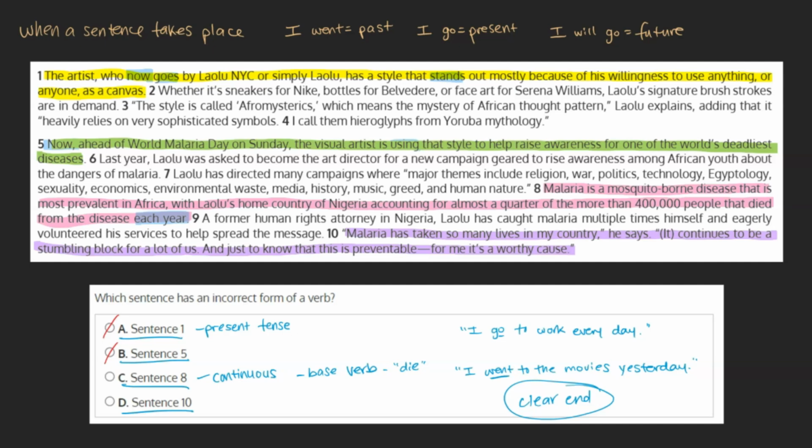We see two tenses being used in this sentence. Past, to describe the lives malaria has taken, and present, to describe how it affects us today. In both cases, the verb forms of "has taken" and "continues to be" are appropriate in their contexts, which means this can be marked off, and our original answer, choice C, can be marked as our final answer.